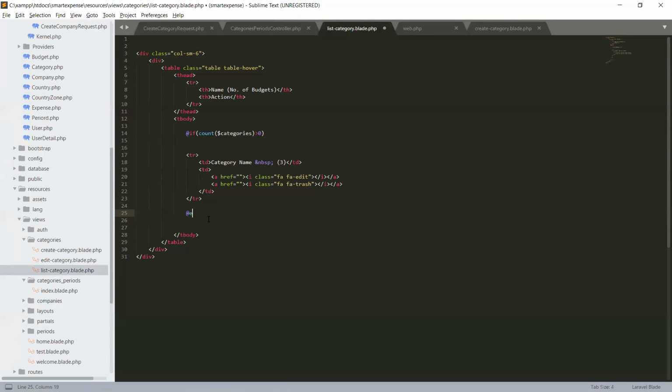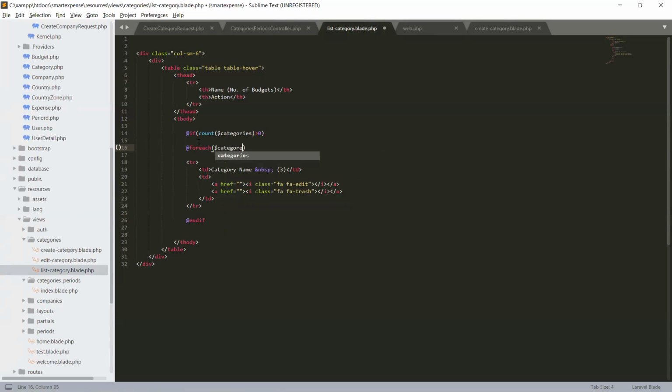And here we will iterate using a foreach method. Foreach function or method, whatever you want to call it, the same thing. So foreach, and we will iterate our categories as category, and we will end the foreach right here.